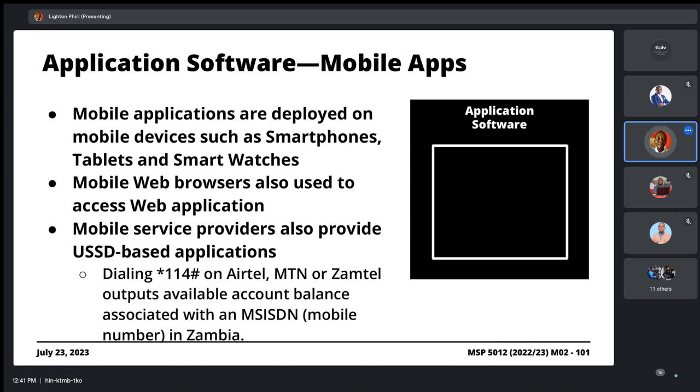But there's another breed of mobile applications. Typically, these would be accessed using your phone app. Sometimes when you want to check your balance, you find yourself typing star, what do I type, I think 114, it's been standardized, hash.